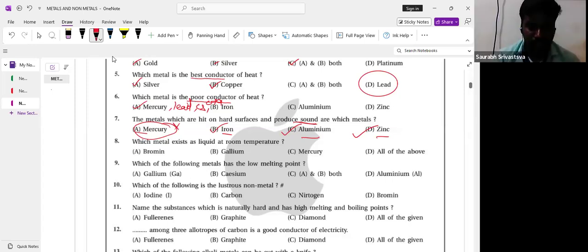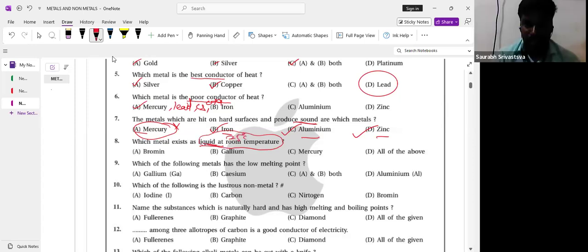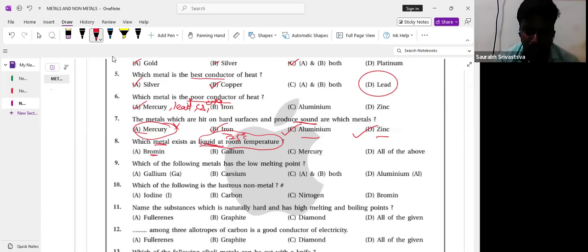And next, liquid at room temperature. They are saying room temperature. Room temperature means 25 degrees Celsius. Then the metal they are saying. Bromine is a non-metal. It is not a metal. Mercury, correct? So mercury is the only correct answer. And gallium, why should they not use gallium? Room temperature is 25 degrees Celsius, and gallium melts at about 30 degrees Celsius. Around room temperature, you could select gallium. But since they give room temperature, that's why we are selecting mercury. Clear?